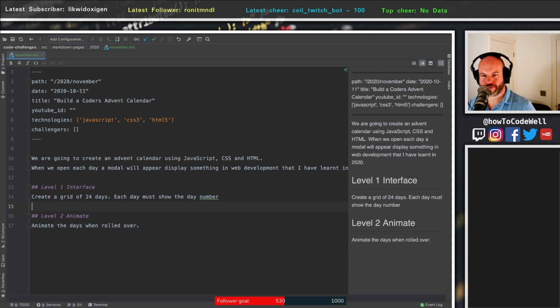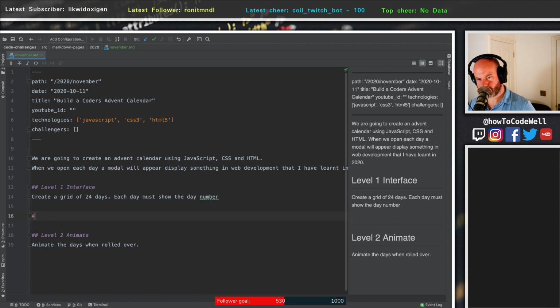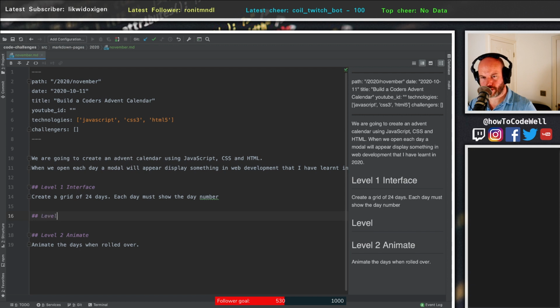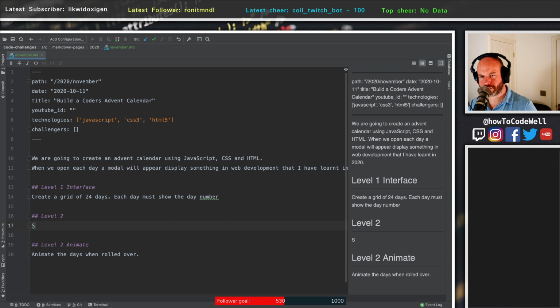We'll do show modal when a day is clicked. Show a modal, that should be the other way around, isn't it? When a day is clicked, show a modal